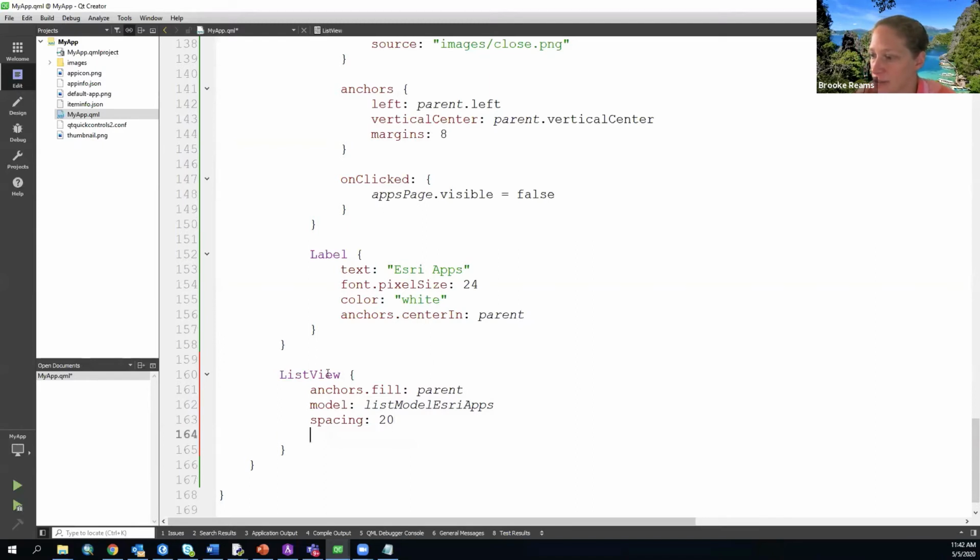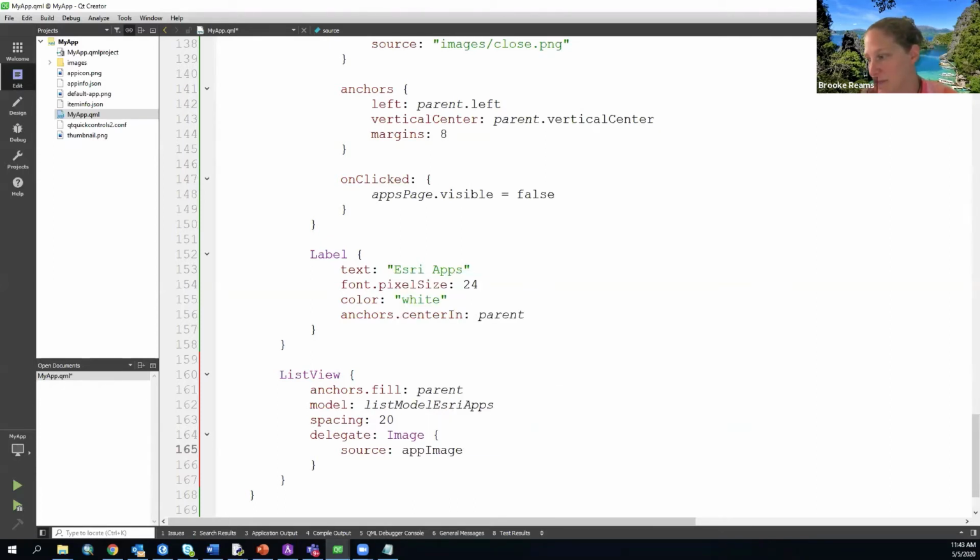Okay, so we've got our view, we've got our model. Now we need to define our delegate. And our delegate, again, is the template that's used to display the data in the model. So I think once we write this and we launch the app, and then you kind of go back and refamiliarize yourself with what we discussed and what we wrote, I think this will make a lot more sense as it kind of starts to sink in. So for our delegate, we're going to set it equal to an image. And we're going to set the source of the image equal to